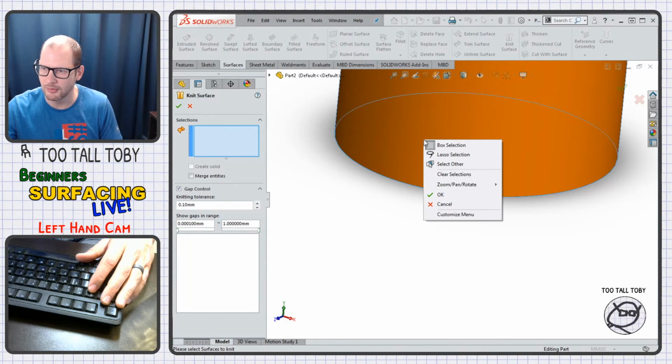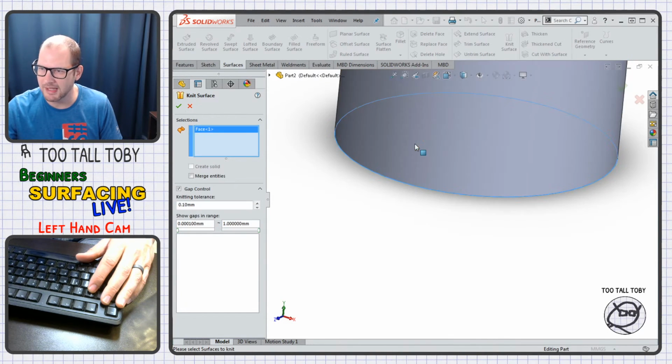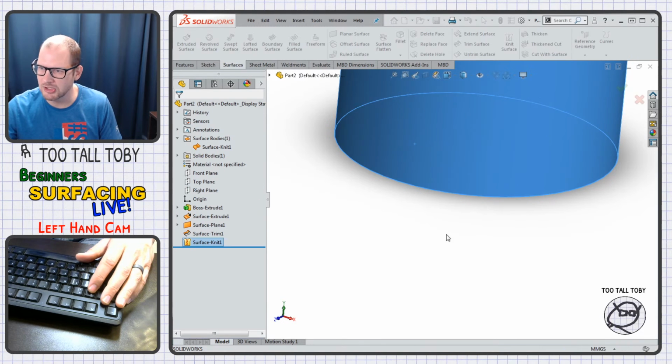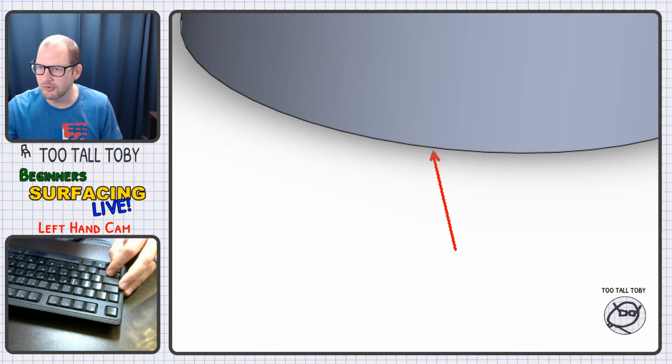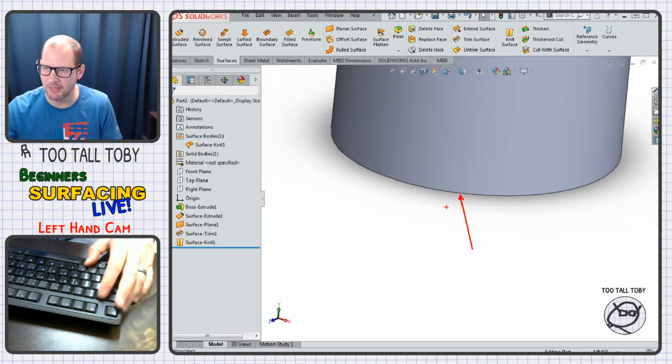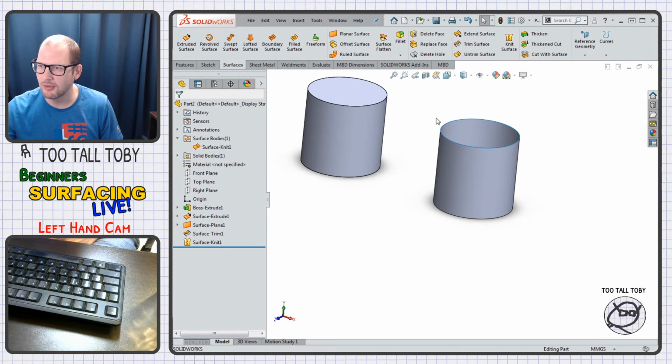I'll do a select other here. I'm going to pick this body. I'm going to pick this body. I'm going to hit the green check mark. And now you can see I've got a black edge there. So those 2 surface bodies were knit together properly, and that means that when I go to the thicken command,